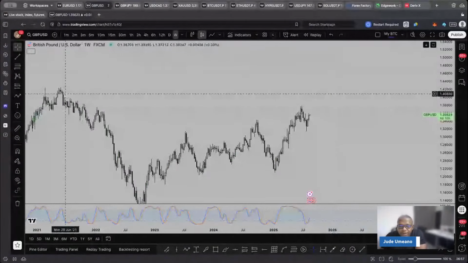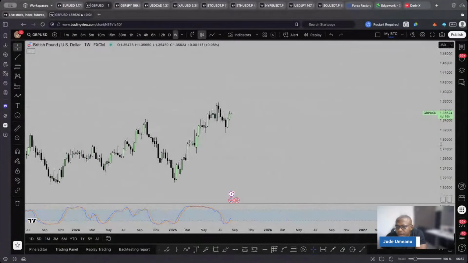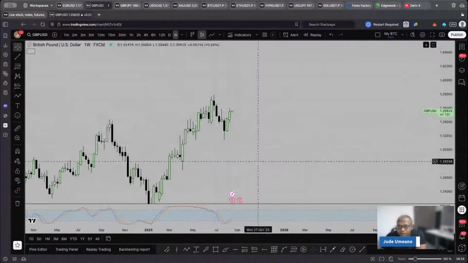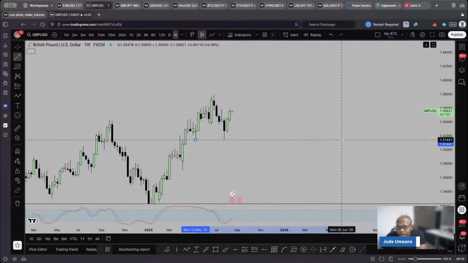So what am I seeing here? It is the same thing I'm going to do here. I won't mark from the top. I'll just go ahead and mark my possible trading range, which is this top and this bottom. So if I draw this, which I don't think is too far, this is actually liquidity at this point, meaning that this might actually come back here. So if I draw this here,